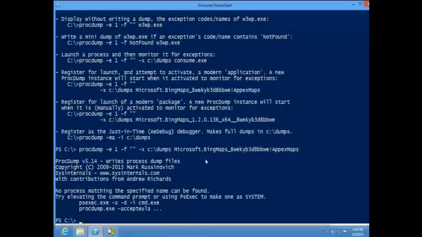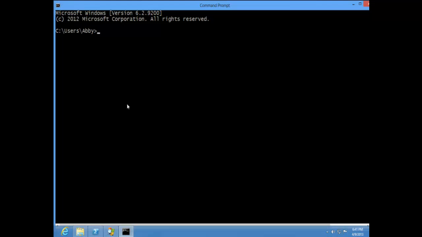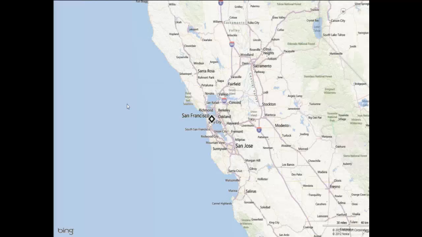Oh, I know what I'm doing wrong. I'm doing this in PowerShell, and it is doing things with some of the command line options. Do it from a command prompt instead. Yeah, that's better. Heart attack averted.